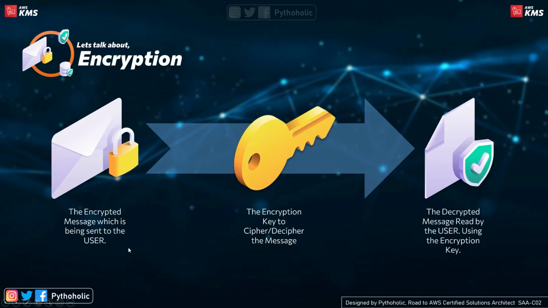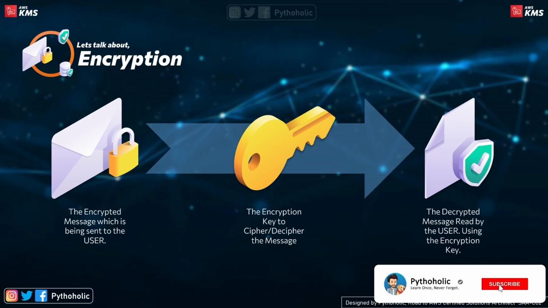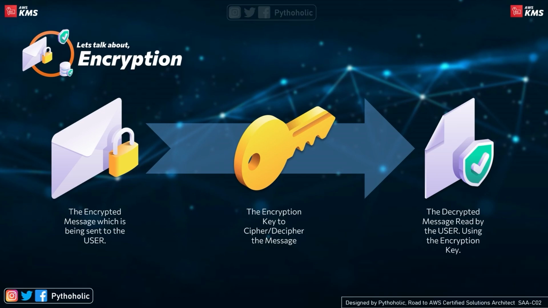So this is the encrypted message which is being sent to the user, and the message is being encrypted or decrypted using the key and thus being read as well. So in normal encryption, you take the plain text that you have here, you encrypt it using a rule or a method or a key, and you decrypt it using the same as well. So that when you want to read it, you can do that as easily as you encoded it. But don't share your keys with anyone else. Otherwise, they'll also be able to read your messages that you intended to keep secure.